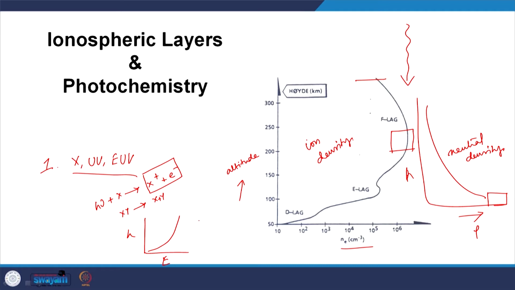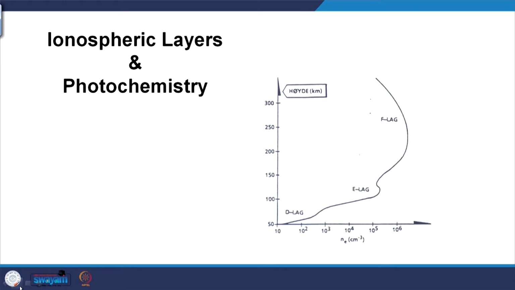This is an exponential decrease, and the number of species will decrease like this. If you combine these two things, there is a balance which will be reached in the middle, and this middle point is generally the layer where there is the maximum amount of ionization happening. Now we will try to see more details into this idea.